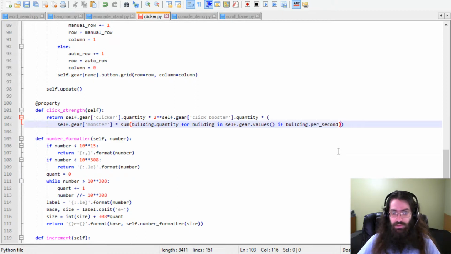That's probably good, right? I'm sure that'll work. If it needs to be bigger or smaller, I can modify the number. So this would be multiplying it by however many buildings I have. That could be a little too much, actually. Let's do times